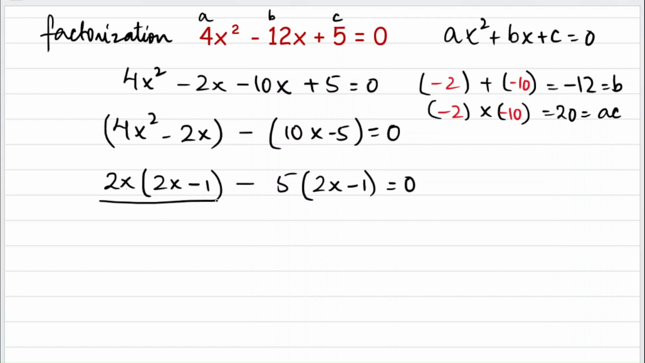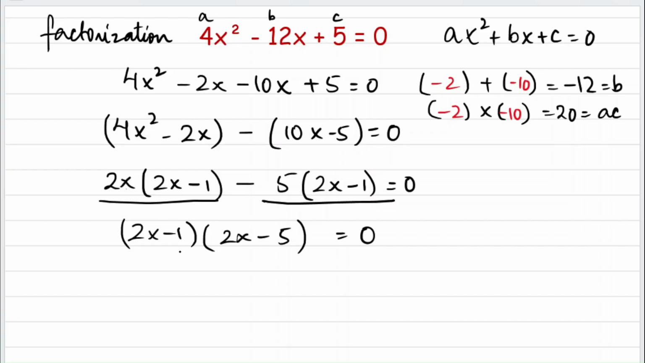So this is my first term, this is my second term, and I can see that in the first and second term this 2x minus 1 bracket is common. So let's take out this bracket common, or outside. From the first term, when I take out 2x minus 1 outside, what is left? It's 2x. Minus, from the second term when I take out 2x minus 1 outside, I'm left with minus 5,